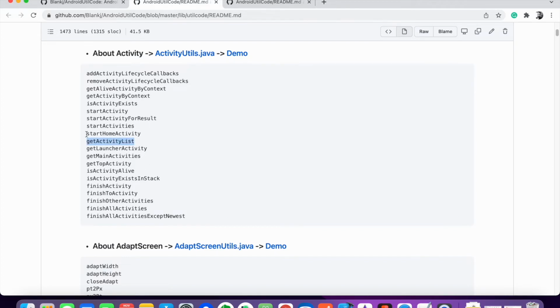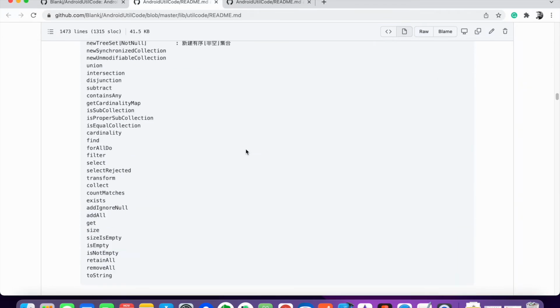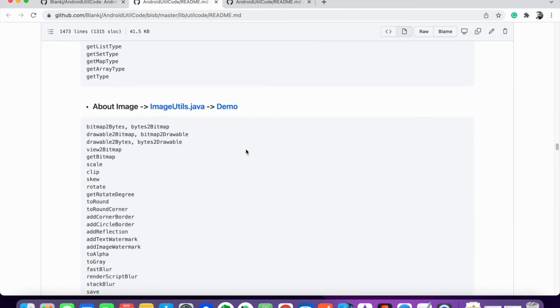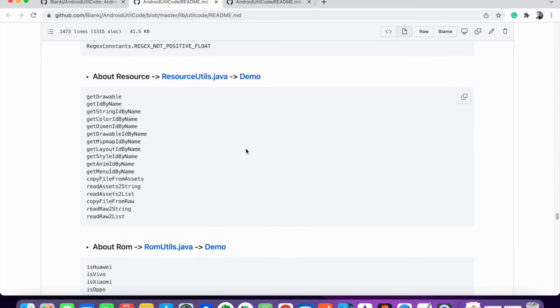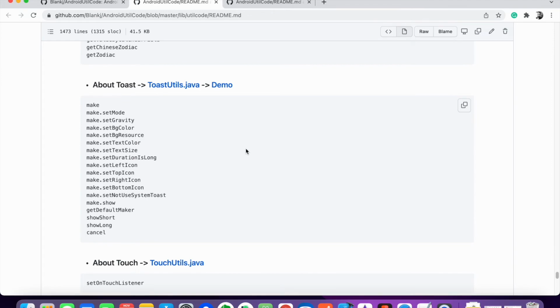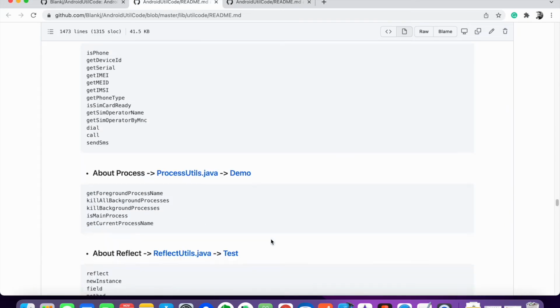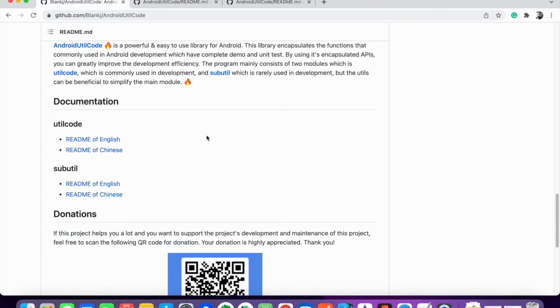You can get the activity list, start home activity, and check whether a particular activity is alive or not. For multiple classes they have written multiple utility methods. If you are working on a large application and you need multiple utility methods, you can consider including this library as well.